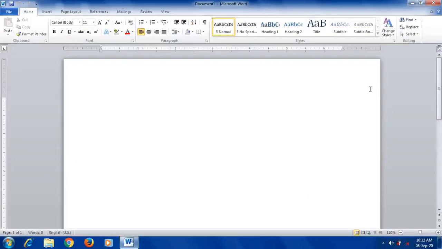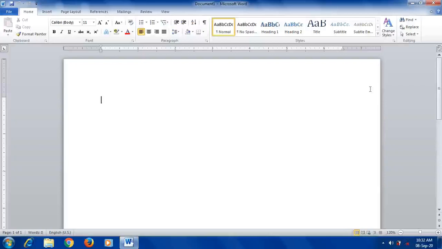So first of all, we will see what is the use of this Microsoft Word. This Microsoft Word is mainly used for word processing, in the sense for creating letters, reports, notices. So that type of documents can be created by using this application Microsoft Word. How to open it and all, I will show you later. Okay, so this introduction part is given here.